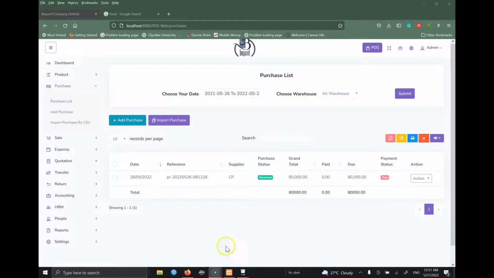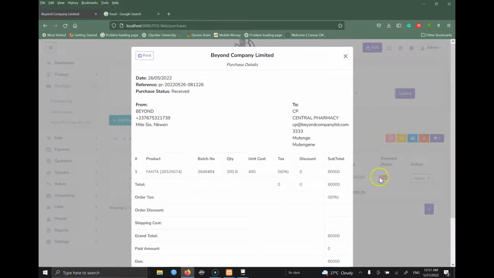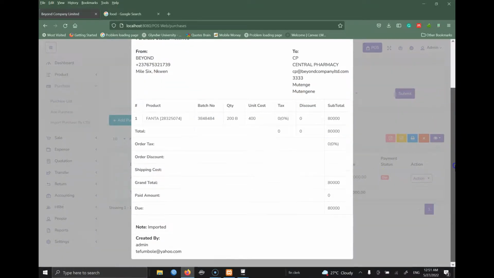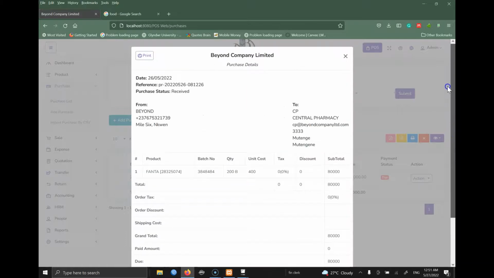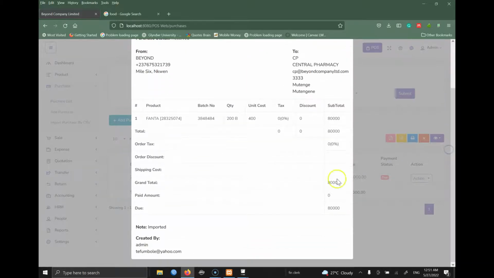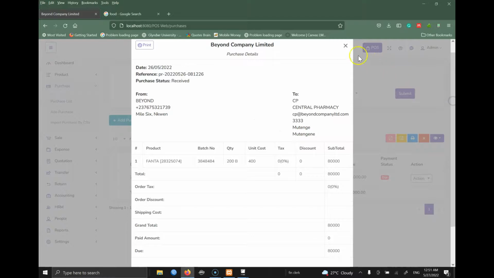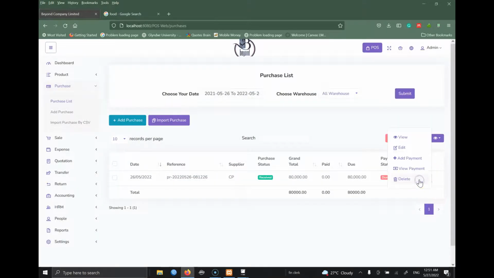So now also you can see that this product was purchased on this date. This is the reference, the supplier was CP, the status is received, this is the overall total, but it has not been paid. So if you're owing, payment is due since you have received. So you can just click on the product and you still see all of those details about the product and invoice. So now let's take action, and then we take add payment,